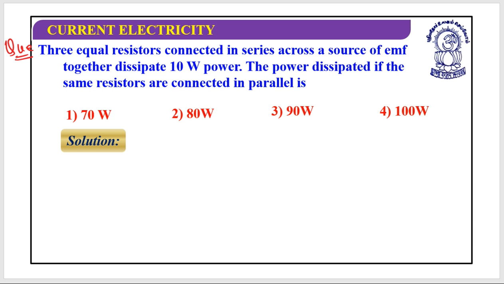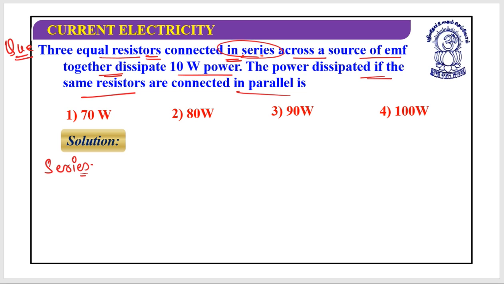What is it saying? It says three equal resistors connected in series across a source of EMF together dissipate 10 watt power. The power dissipated if the same resistors are connected in parallel? Very good question. Now, first case, when they are connected in series,